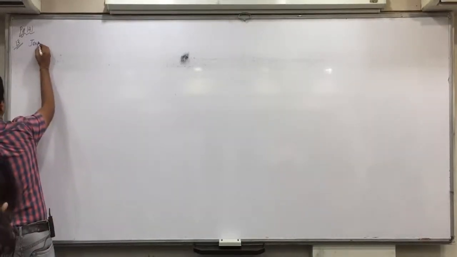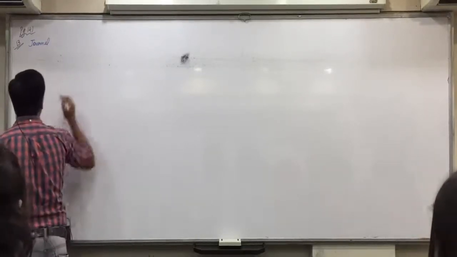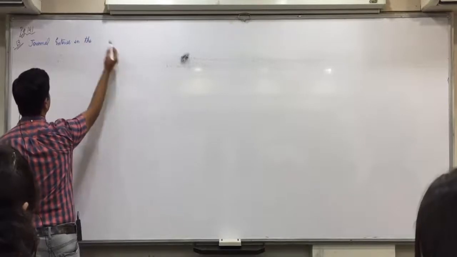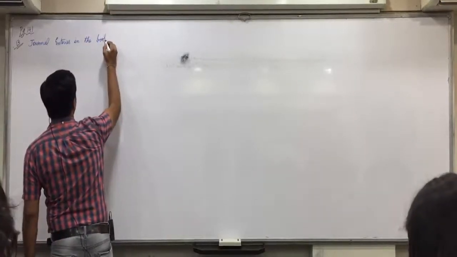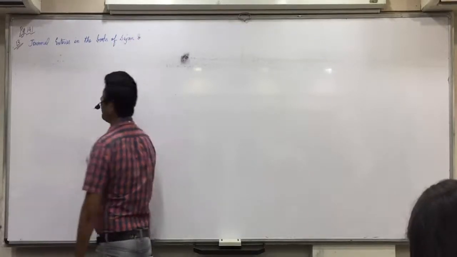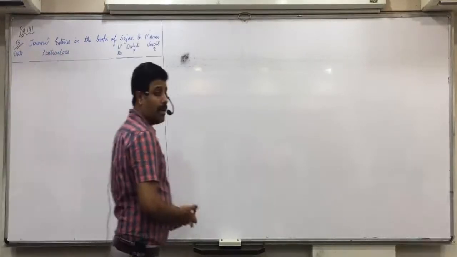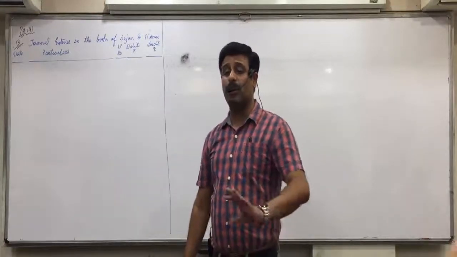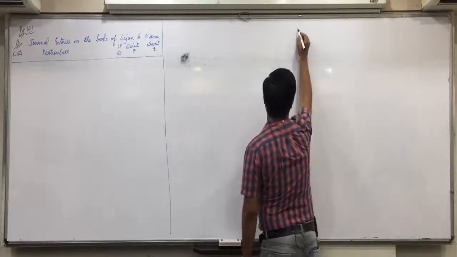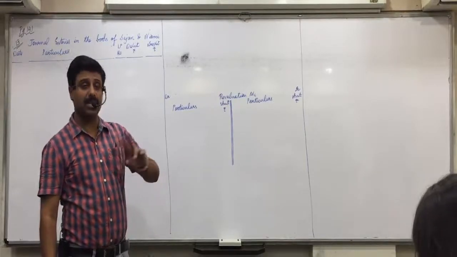Journal entries in the books of Sajan and Nirmi. Yes, silence everyone. So date, particulars, LF number, debit and credit. Revaluation accounts, format is like P&L account, particulars and amount both the sides. Around 10 to 12 lines. Partners capital account 6 to 8 lines with 2 columns, Sajan and Nirmi.